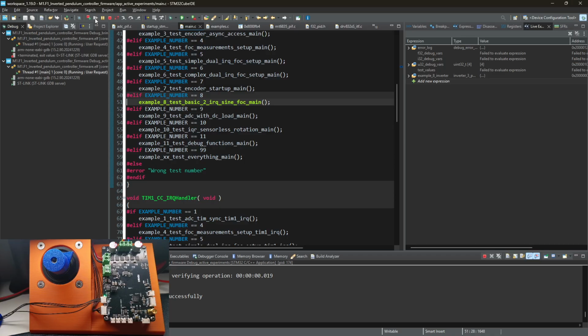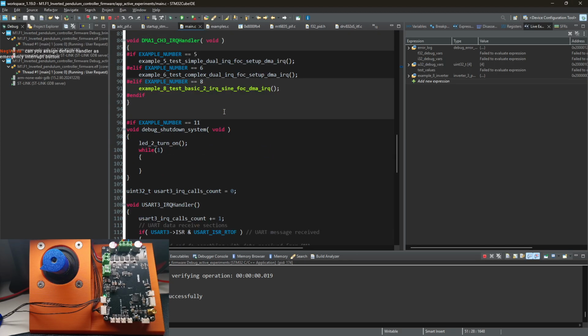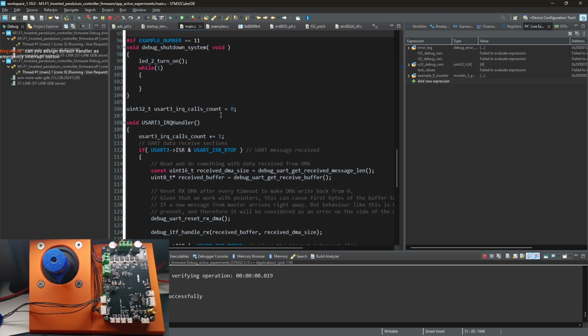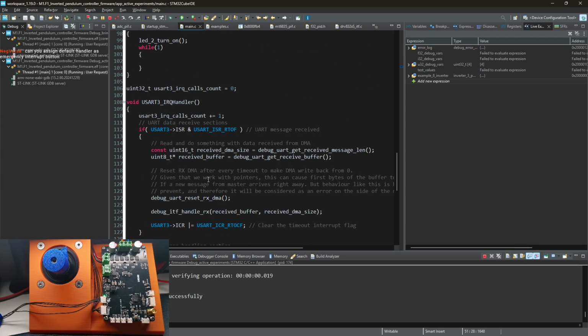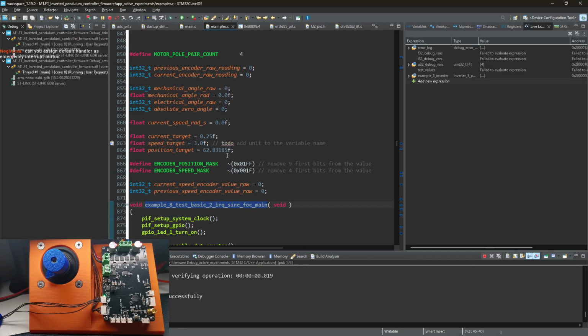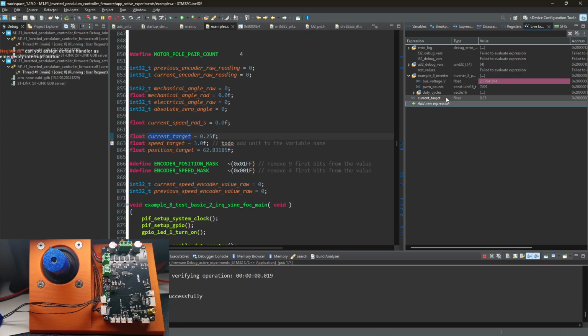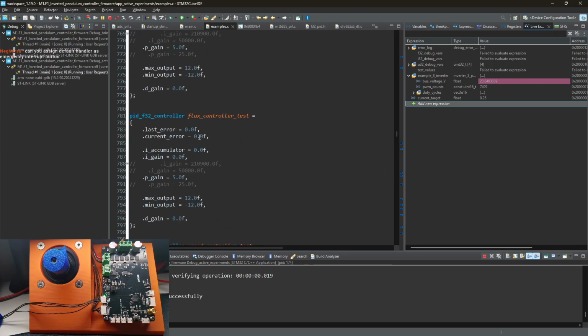So the problem is in the current loop. All right. Very, very interesting, because it isn't supposed to work like it does right now. It runs terribly, absolutely awfully. Okay, so the problem is in the current loop. Let's see our values. All right. Let's see our target. It's right. Let's see the parameters of the controller,